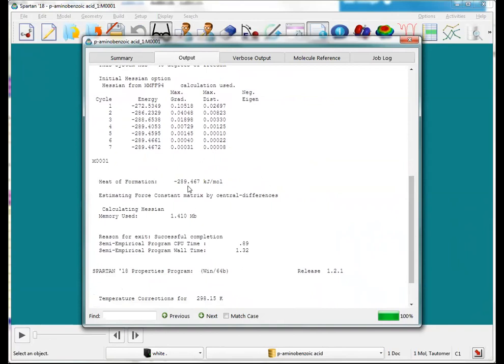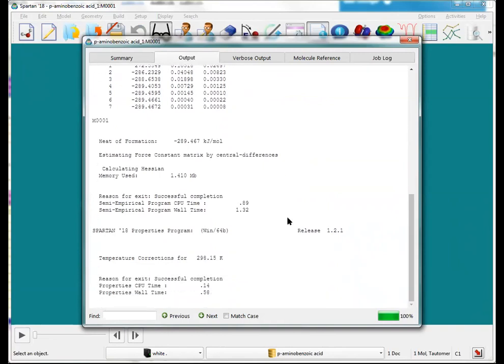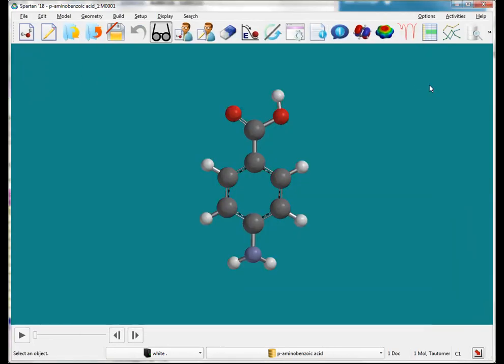The total final calculated energy was -289 kilojoules per mole. Semi-empirical models will give you energy and heats of formation. I also did an infrared calculation, and that completed, and then it essentially will give you, hey, the total job took this amount of time. With regard to